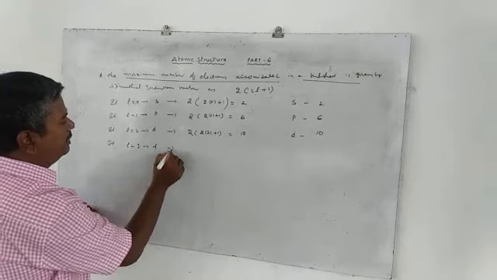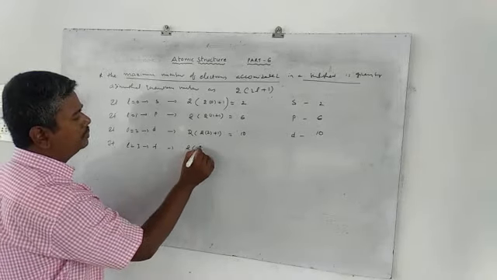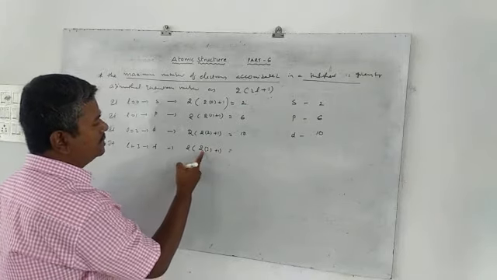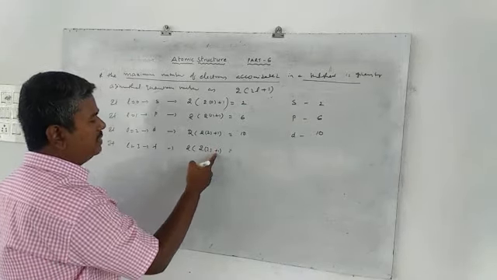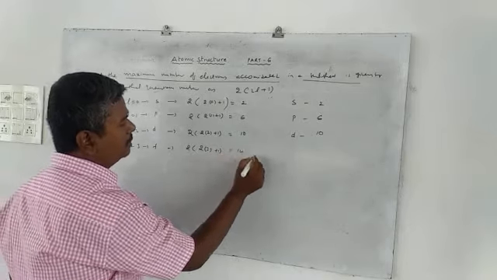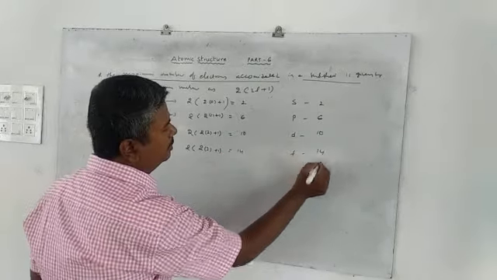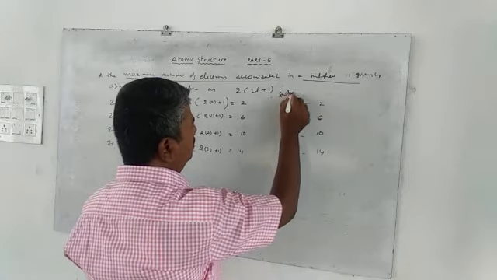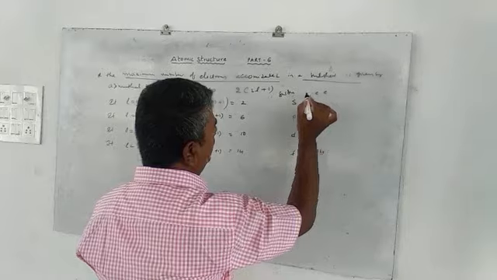F orbital. It will accommodate 2 into this one. 2 3s are 6. 6 plus 1 is 7. 7 2s are 14. That means the F orbital accommodates how many electrons? 14 electrons. These are subshells and accommodated electrons.